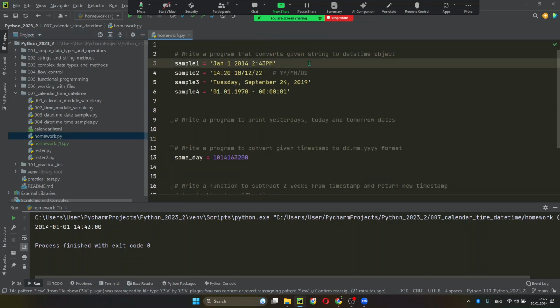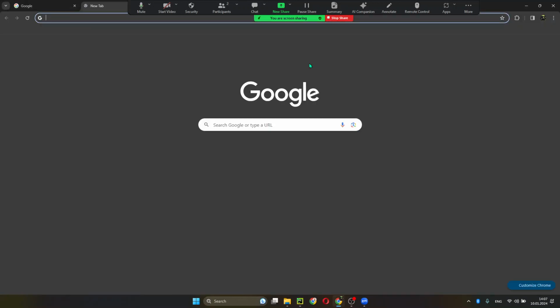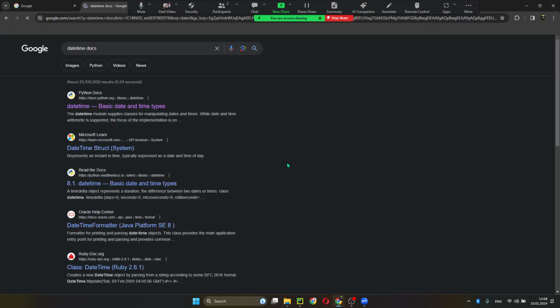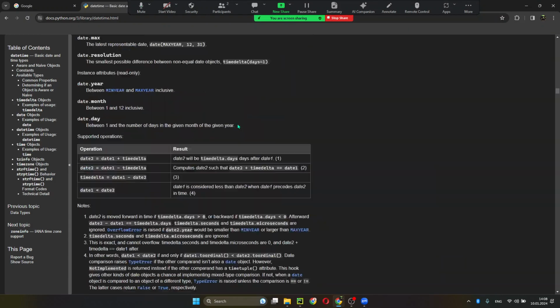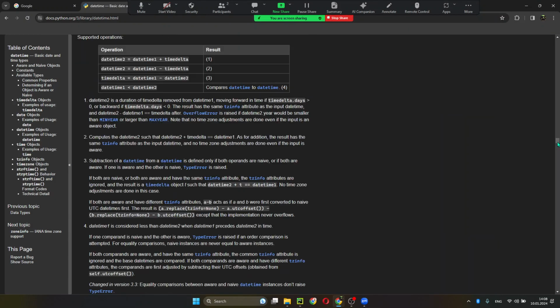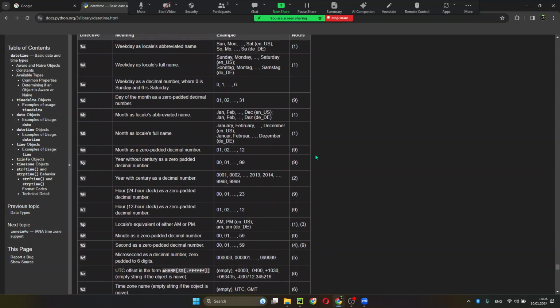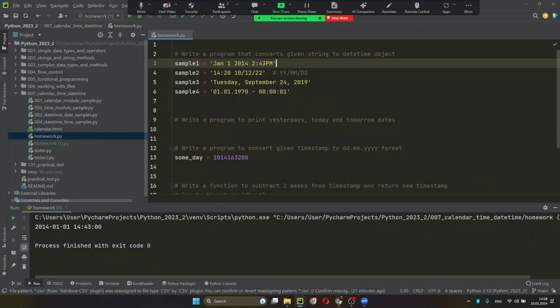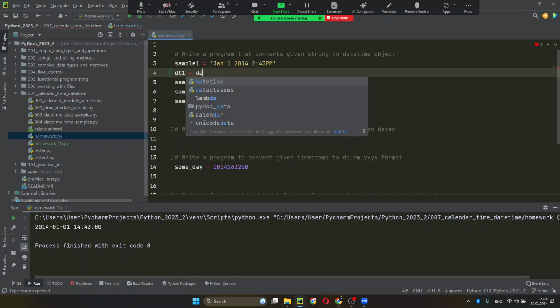So speaking of homework, actually it wasn't really hard. I will open the datetime documentation because we need these directives to convert from one type to another. So let's get here. And for the first part, we need to convert strings into datetime objects. So I'll do it like that, dt1. So it's a